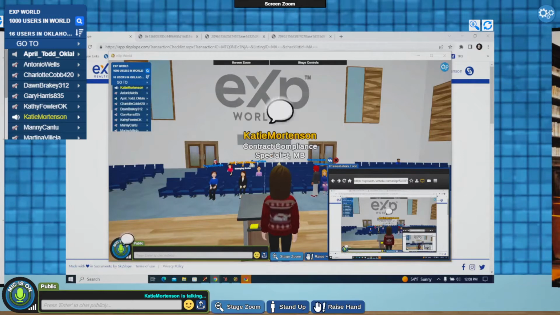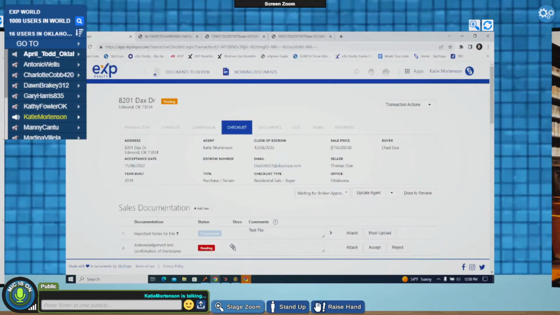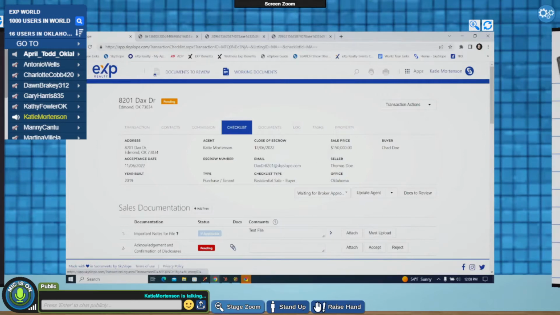Here is a little tidbit of advice. Up here on my screen, I think you guys can see it, where it says email and it says Dax Drive 8201. This is something to focus on. This is your SkySlope email. You want to copy this email on any correspondence you send out, because when you copy and paste this email, it'll automatically log any communication in your log for this file,